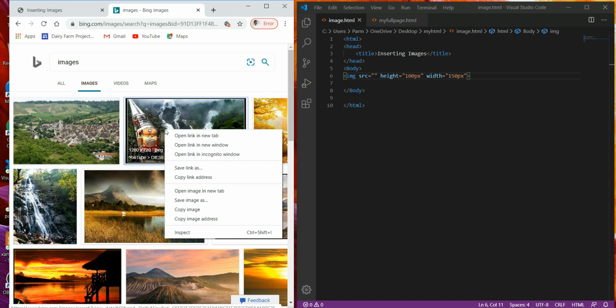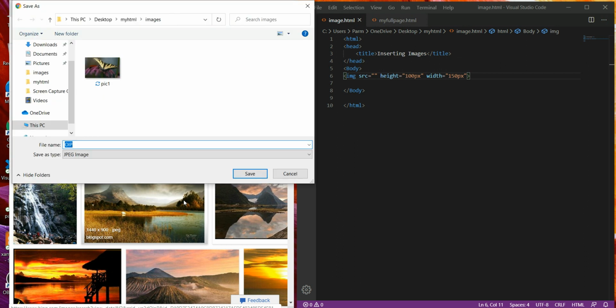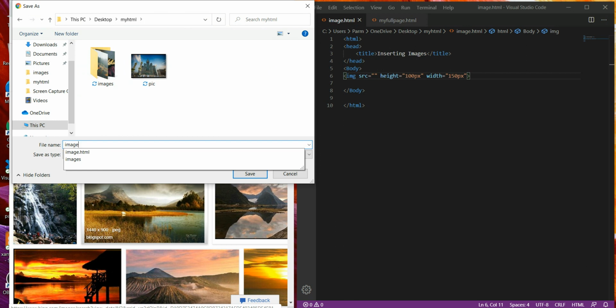Look at this image. I choose the save image as option, and save it to the folder my html, and give the name to this image as, say, image1. You must also look at the extension of the image.